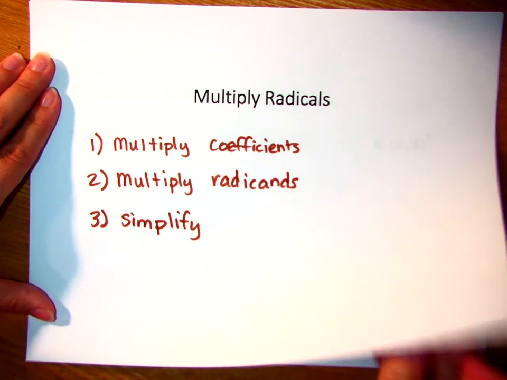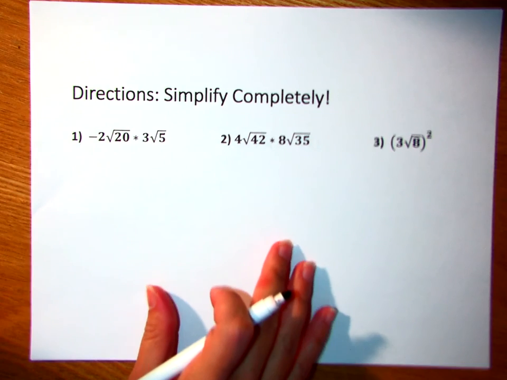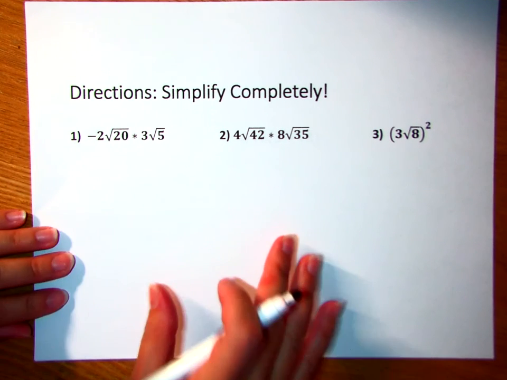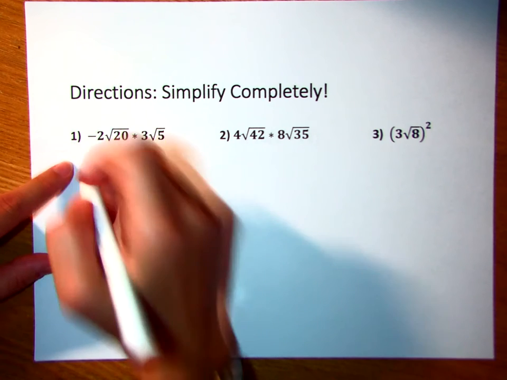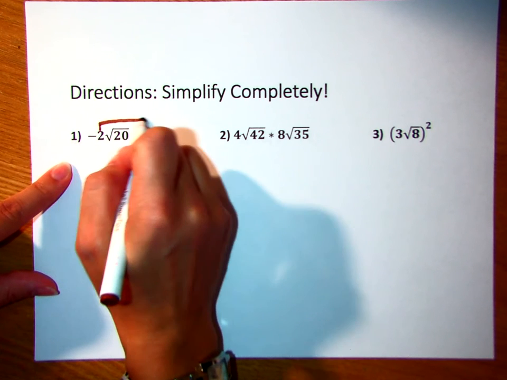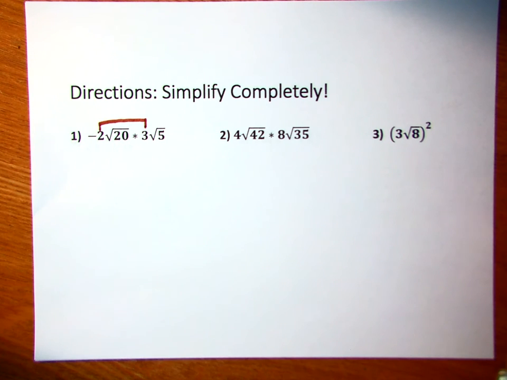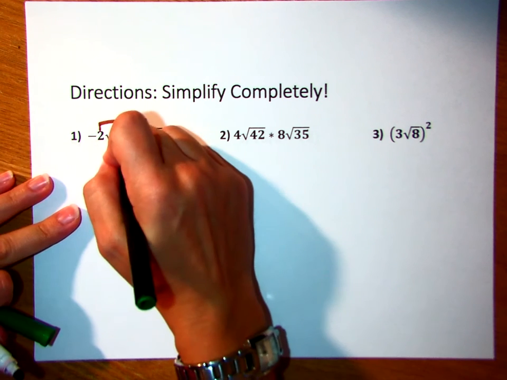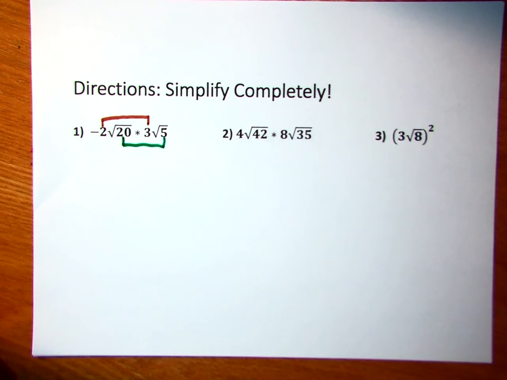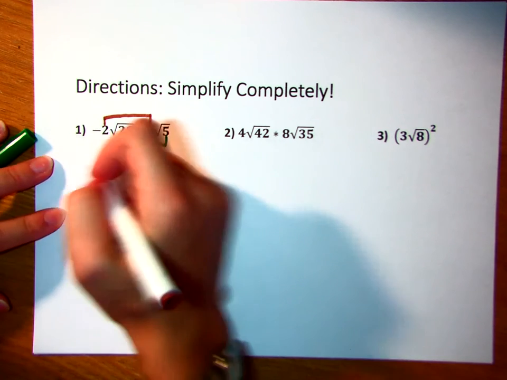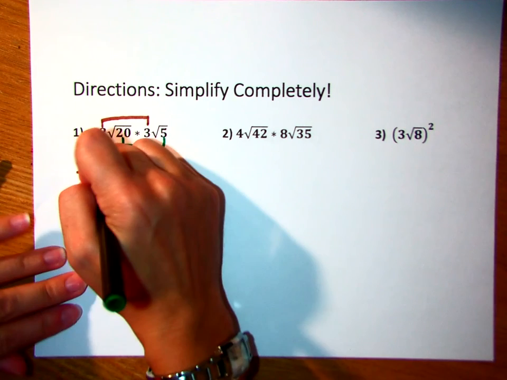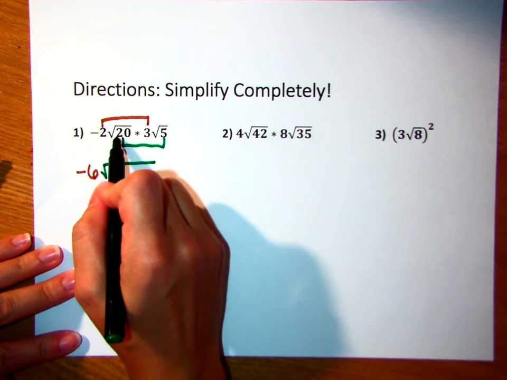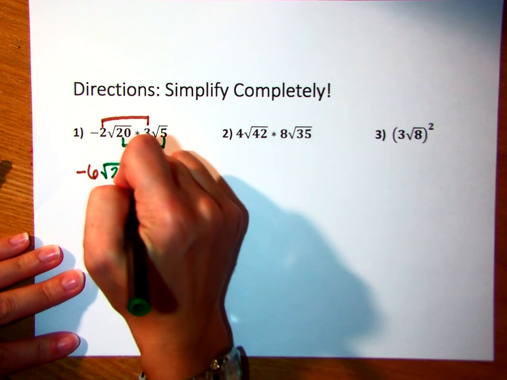So there's a couple of shortcuts you can take when you're doing this. Let's look at number 1. On number 1, we're going to be multiplying these numbers here. So we're going to multiply the numbers on the outside, which would be these two. And we're going to be multiplying the numbers on the inside, the radicands, which would be these two. So we're going to do negative 2 times 3, which would be negative 6. But then we're going to have this square root of, and instead of doing 20 times 5,